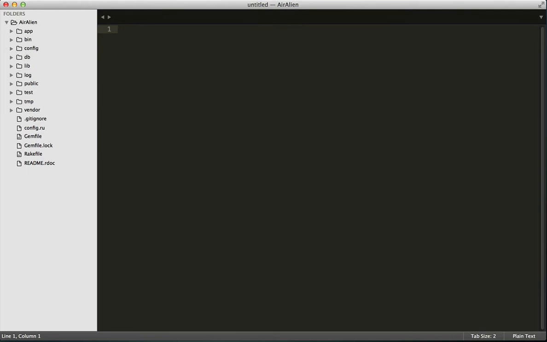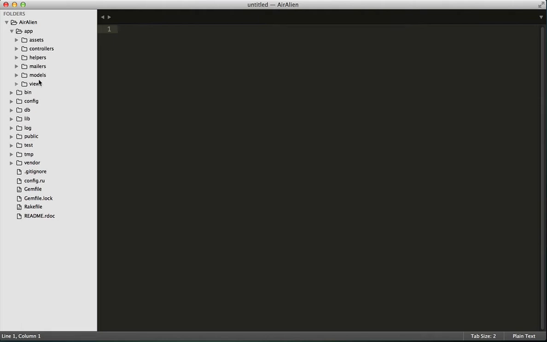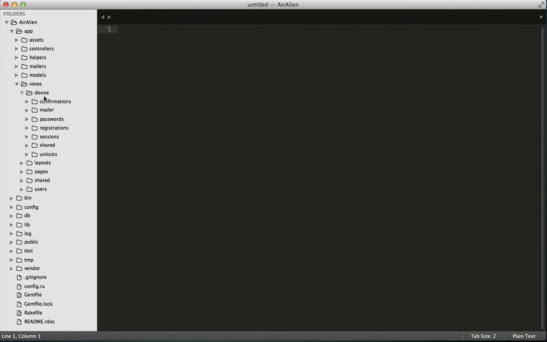In the previous session, we already created a page to show user information. In this one, we're going to modify our edit profile page so user can edit their information anytime they want. So open app, views, devise, registrations,